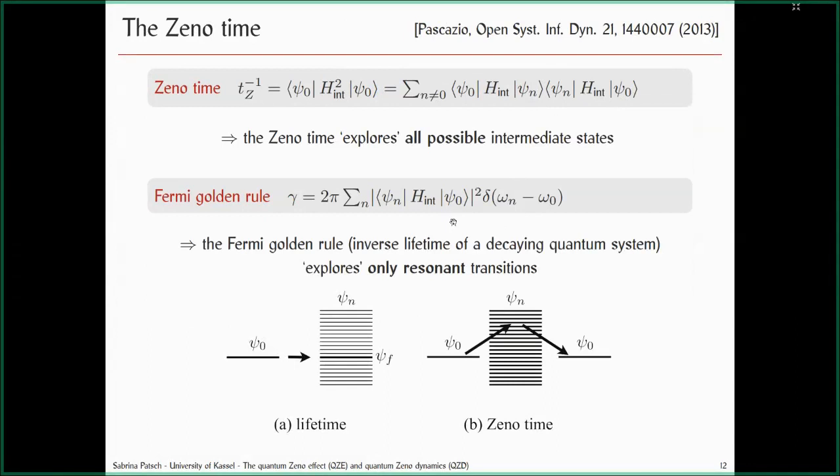Now you can ask yourself the question, what happens when my variance is actually very large? What when I populate a lot of states in between, and the overlap with these different states in the middle is actually quite large? Then you can also say, well, I populate a lot of states which have a very large overlap with my initial state, and then I'm maybe more likely to leave my initial state. And it's actually true that